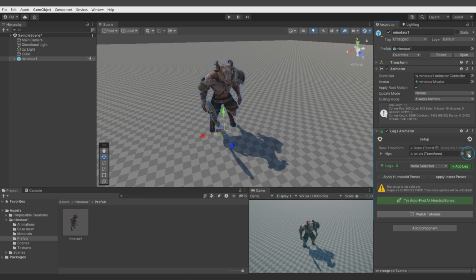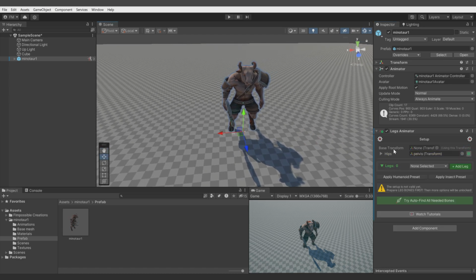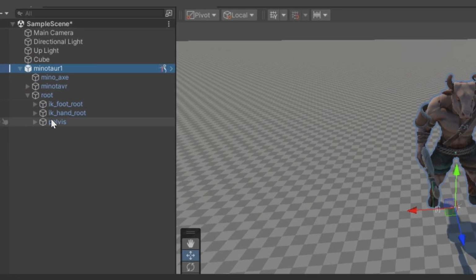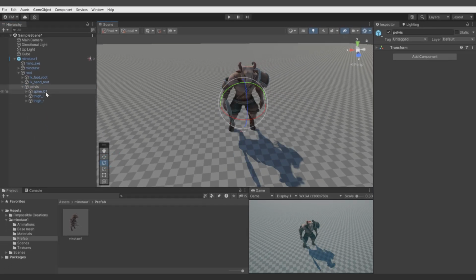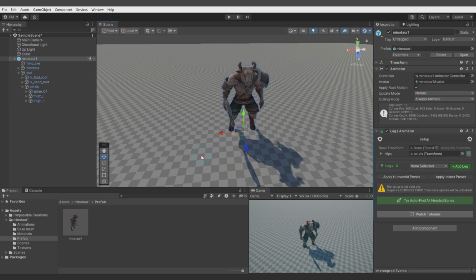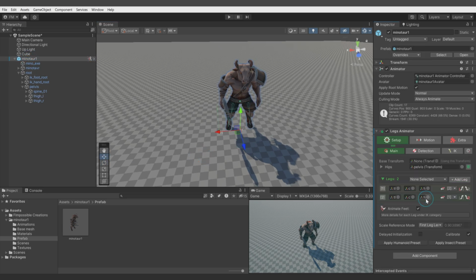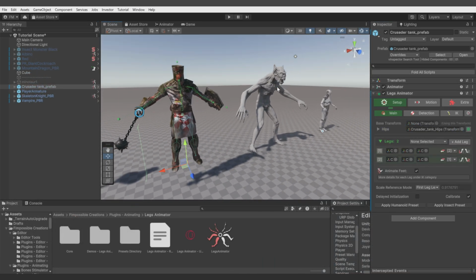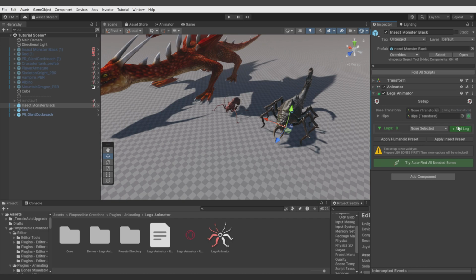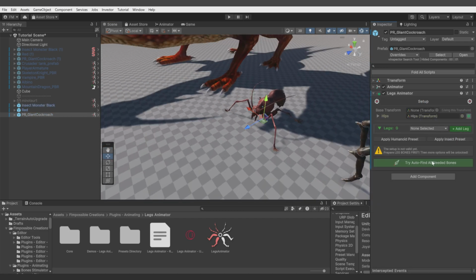You can use button Find to automatically search for the hips bone, but in case it doesn't find it, you can go to the hierarchy, find skeleton bones, and you should be able to identify which bone is pelvis, which are legs. Pelvis of course needs to be parent of the legs. Now you can use another auto find button to define legs. If it's humanoid rig, it's always proper, but for other rigs it can use wrong bones, so always verify it